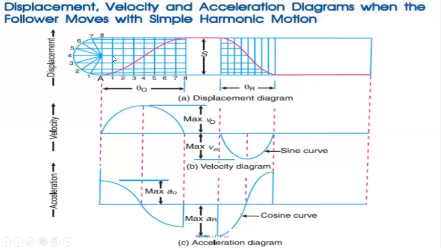So in the simple harmonic motion, this is the lift of the follower, that is lift or stroke of the follower, which represents the vertical line. So ఈ వర్టికల్ లైన్ మొత్తాన్ని కూడా మనం ఒక సెమీ సర్కిల్ డ్రా చేసేయాలి. సో సెమీ సర్కిల్ ఎలా డ్రా చేయాలంటే, సో ద టోటల్ లైన్ ఈజ్ డివైడెడ్ టు టూ పార్ట్స్. సో ద సెంటర్ ఆఫ్ ది లైన్, సో ఫ్రమ్ ది సెంటర్ ఆఫ్ ది లైన్ డ్రా ఏ సెమీ సర్కిల్. సో ఇలా ఒక సెమీ సర్కిల్ డ్రా చేసి దాన్ని ఈక్వల్ పార్ట్స్ గా డిస్ట్రిబ్యూట్ చేసుకోవాలి. So divide the semicircle into 6 equal parts or 8 equal parts.